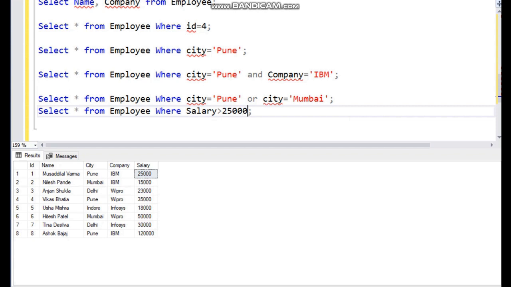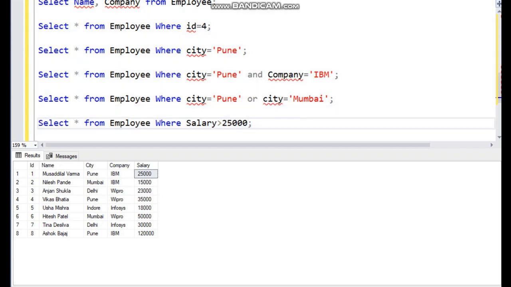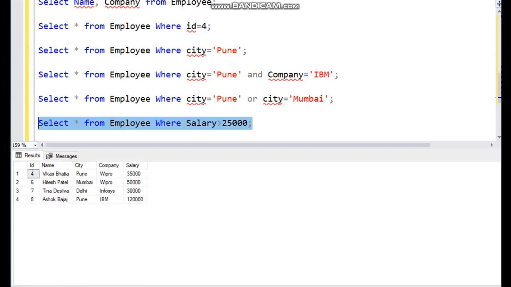This is my condition. So we will get only those employees whose salary is greater than 25,000. That means 1, 2, 3 and 4 employees. Now let me execute this. See, we have 4 employees whose salary is greater than 25,000. Understood this? So these are the basic select commands.